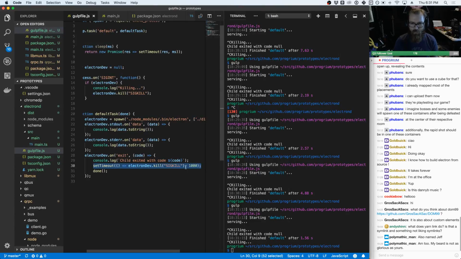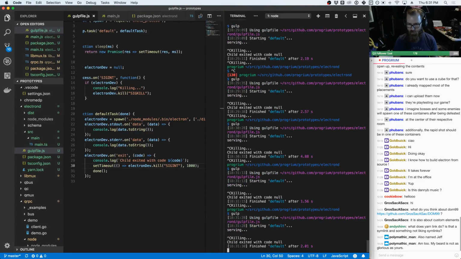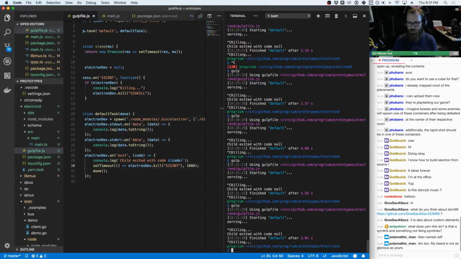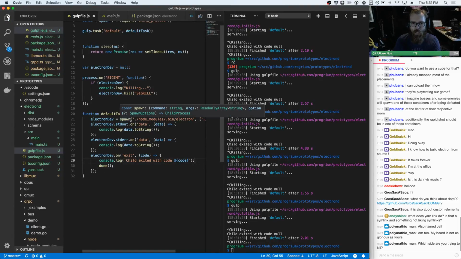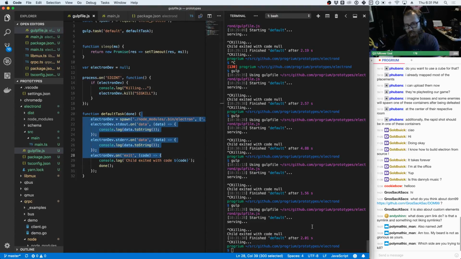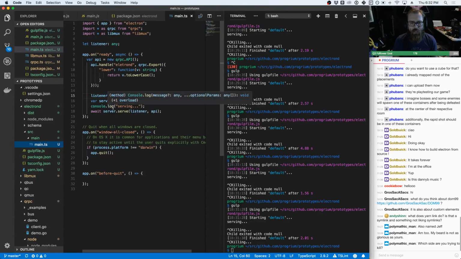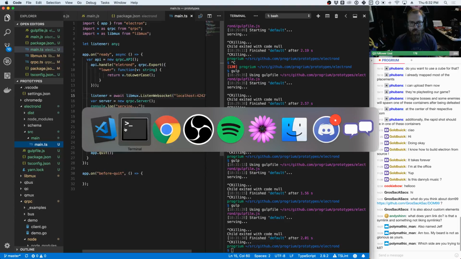Really wants that manual. So I'm running the Electron app from gulp and from the command line, and if I SIGINT gulp, it should close the Electron app. Killing it doesn't seem to kill it off. I'm wondering if it's not processing signals. Maybe